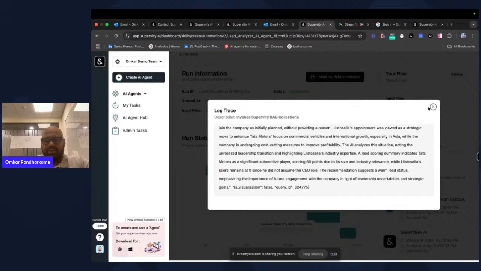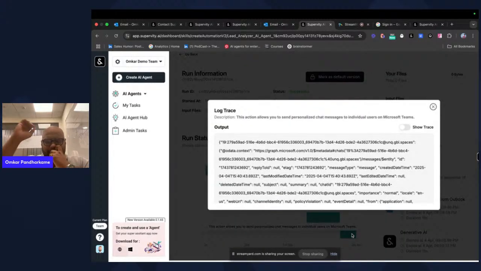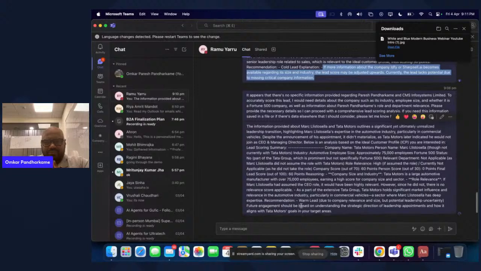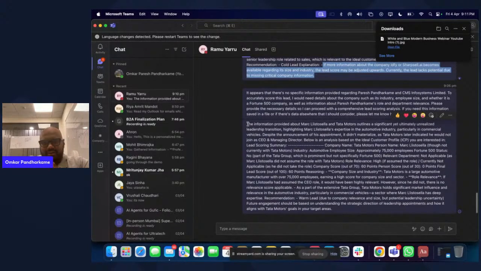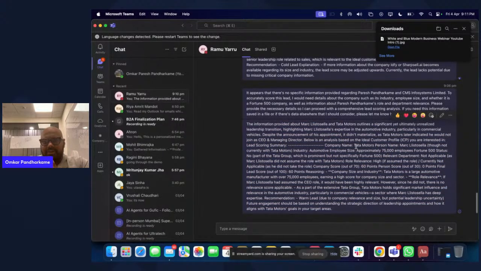Okay, alrighty. And I hope that this has worked. And yes, I'm so happy it worked. If you look at this, it has already sent my message to my colleague over here. Company name Tata Motors, employee size this, lead score out of 60, and company size as a part.